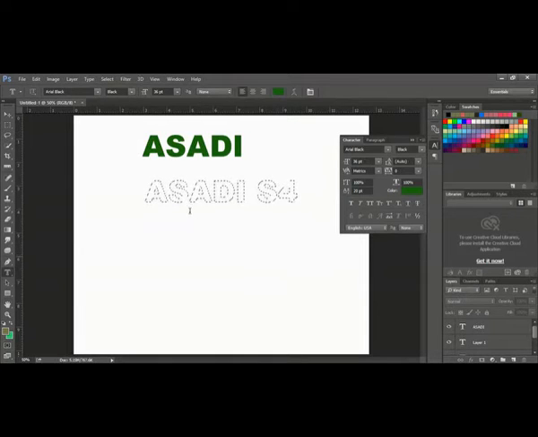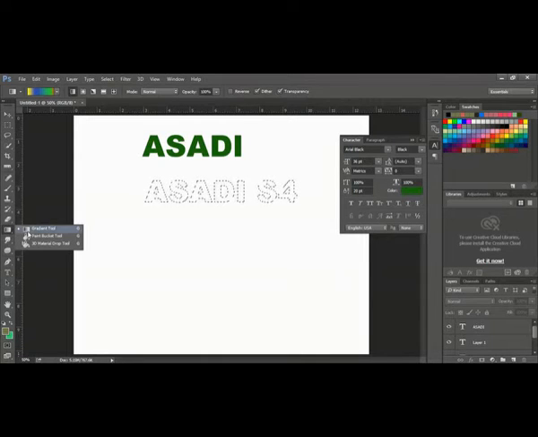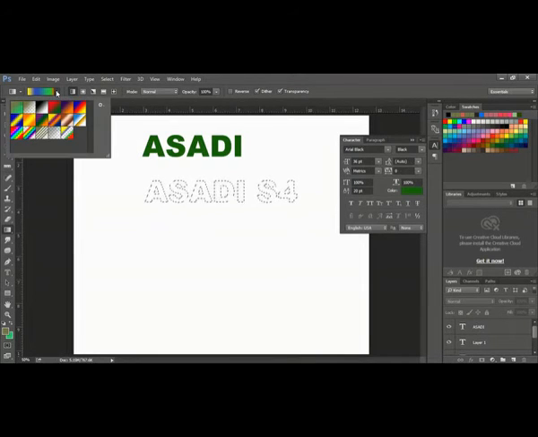You can see that it created a selection. When you use the mask horizontal tool, it created a selection. Now I will go to gradient tool. I will select a color. Let me select this. I'll go to text.